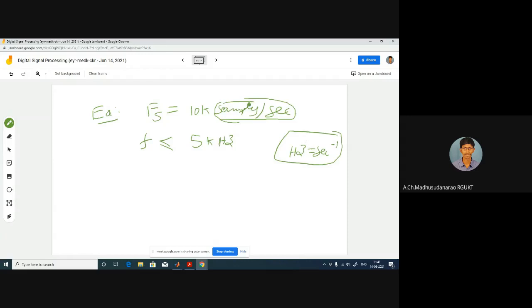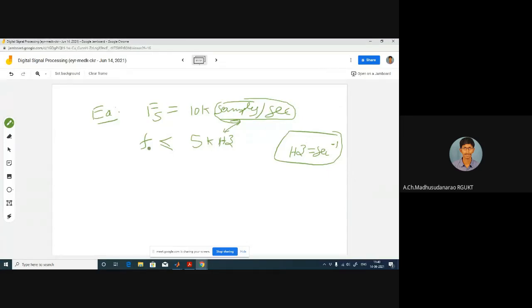Because Fs means number of samples per second, right? Sampling rate. I'm just representing these units in another manner. Both are the same. There's no difference at all. Just for intuitive understanding. Because if I say sampling rate and you answer 10 kilohertz, people might feel that it is a frequency instead of a sampling rate. Just for that intuitive feeling, we are going for this per second notation instead of hertz. That's the only thing we are doing.